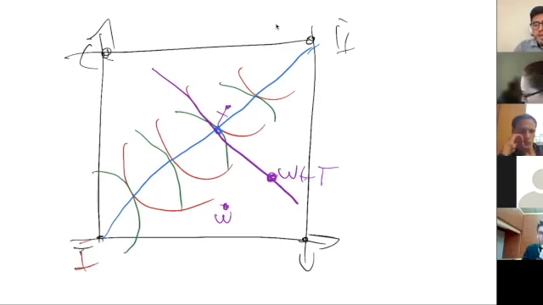Now, another point is, what happens if I am a social planner and I want to implement a point in the blue line by means of a market mechanism? The way I'm going to do it is by means of a price and an endowment. So endowments are original to the box, a primitive. This is the point there with omega. I'm going to use transfers that are lump sum to be able to move them wherever I want. And essentially, this result that we're going to prove later with care tells me that as long as preferences are convex, that means that the upper contour set is a convex set,